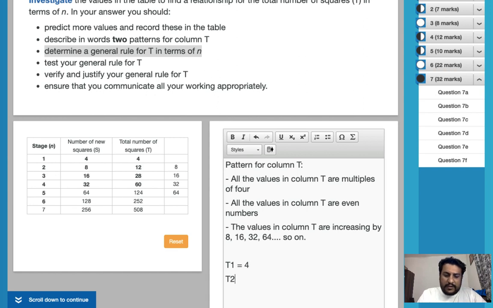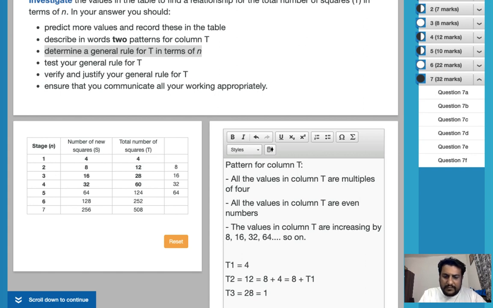Now the total number of squares in stage 2, which is 12, is 8 plus 4. Now what is 4? 4 is the total number of squares in stage 1, T1. So I can write this as 8 plus T1. Now T3, what is given to you is T3 is 28, which can be written as